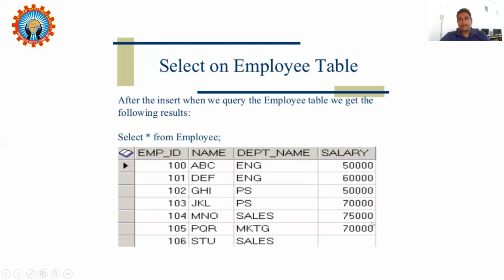We can, however, summarize the numeric attributes. If you say select star from employee, the data will come like this. If I want to sum the salary, we can get all the attribute data into one.